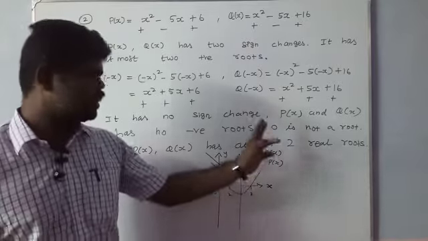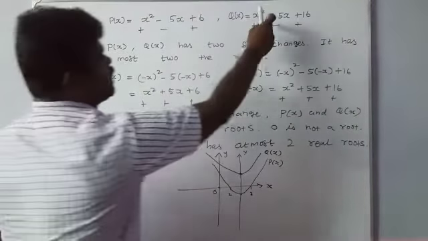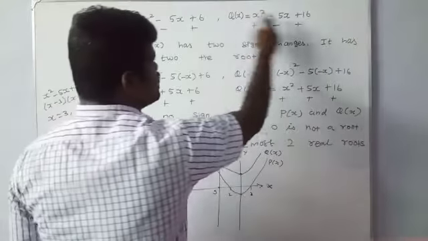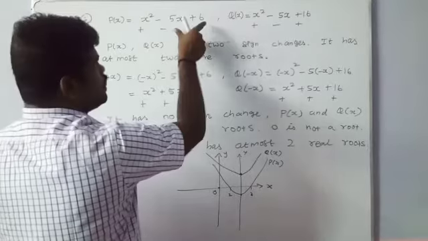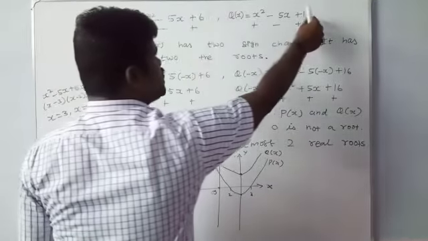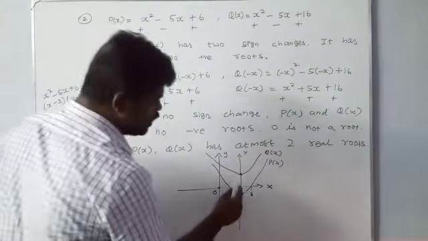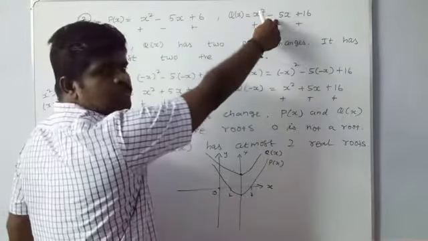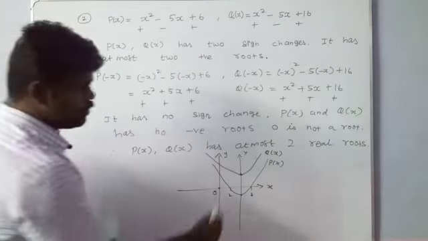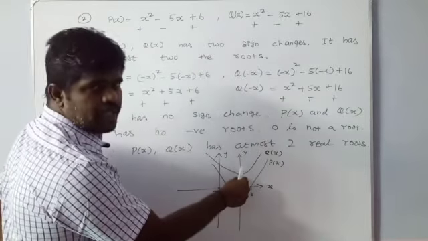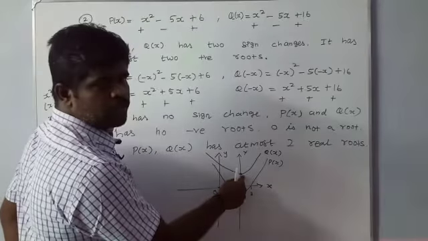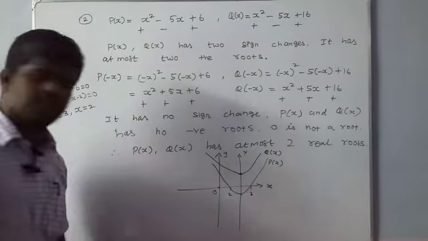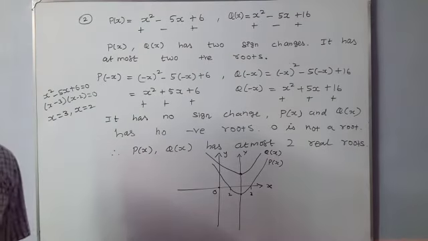So we want to draw upward and compare this equation. Both are the same but only a little bit different. What is the difference? Here 6 and 16. Compared to this equation, this is a little bit higher. The coefficients are the same, x square and 5x, only the constant differs. So we want to draw a little bit higher. So this is the upward parabola, q of x. This is the rough sketch. It is enough. Okay, refer the sum. Thank you.